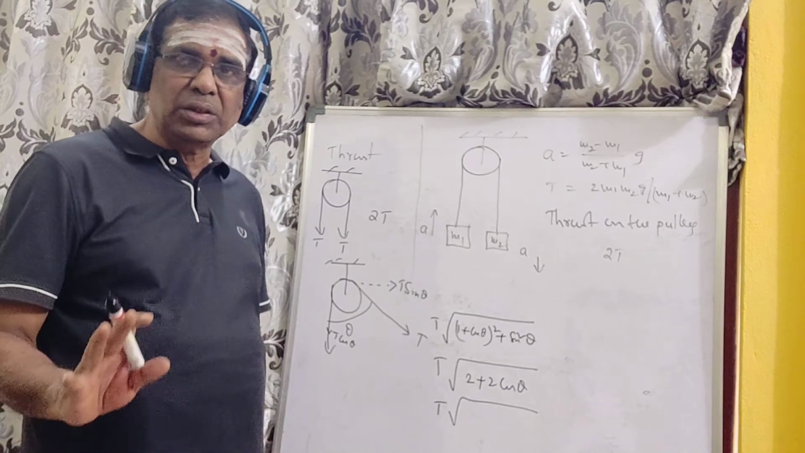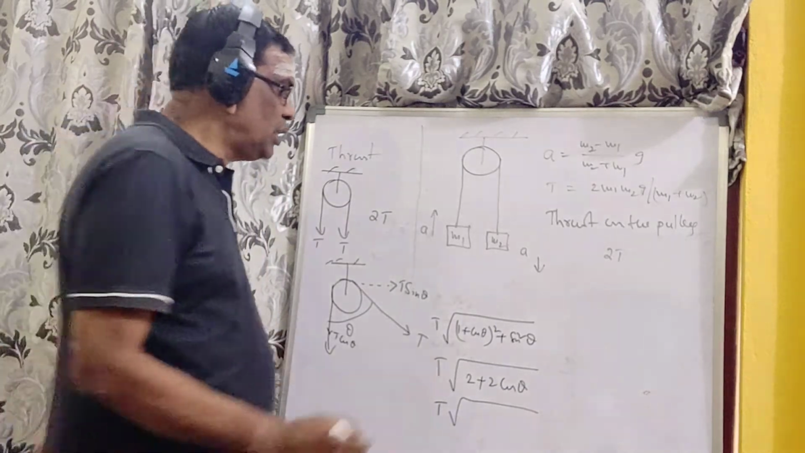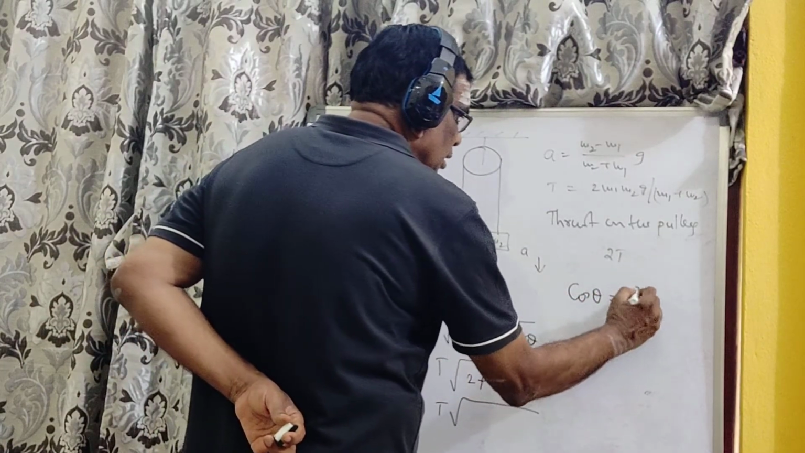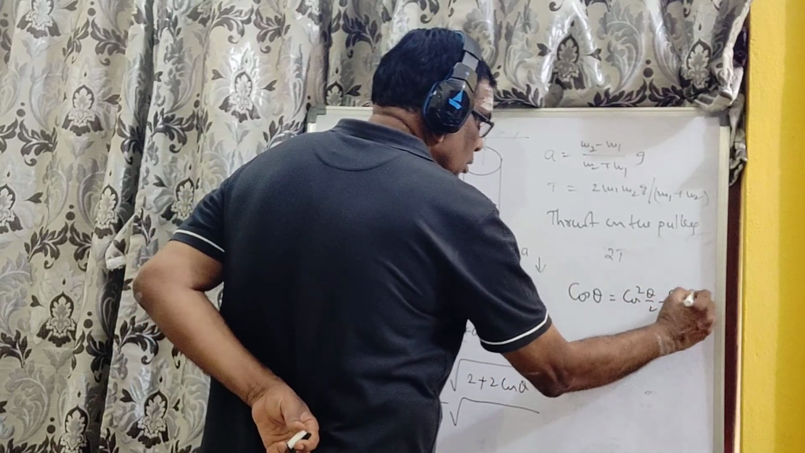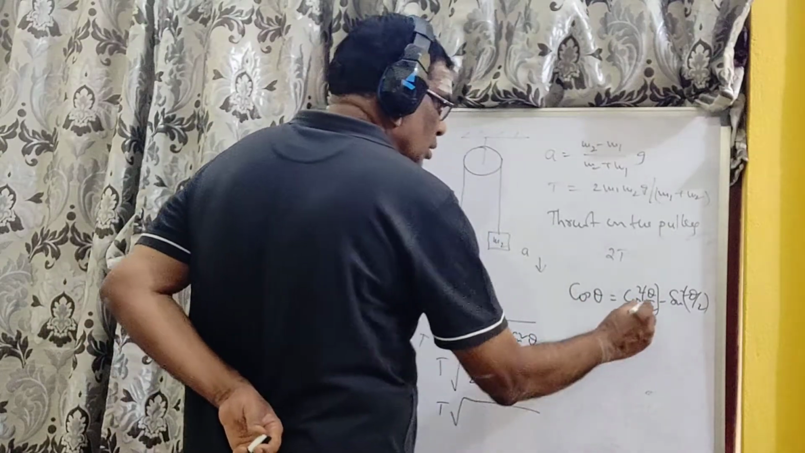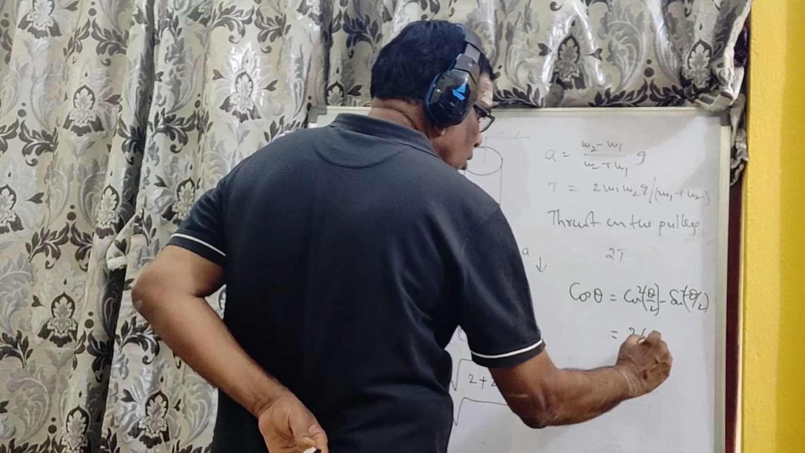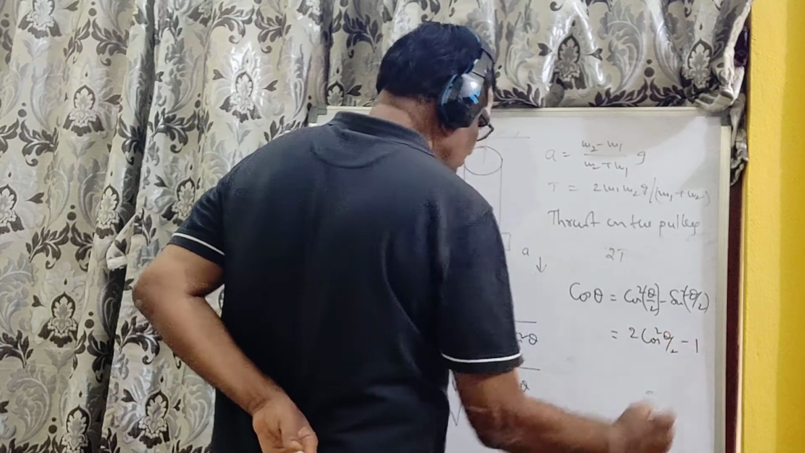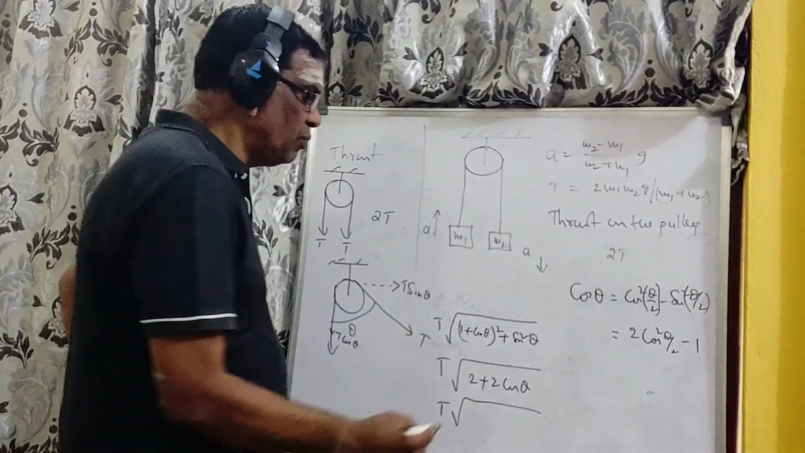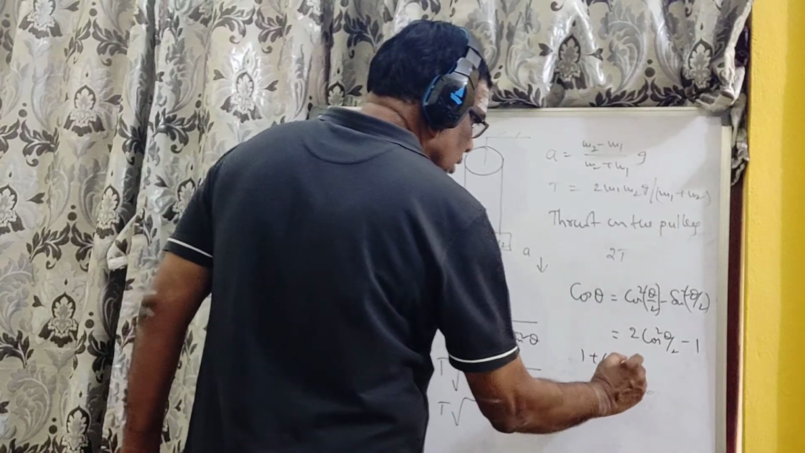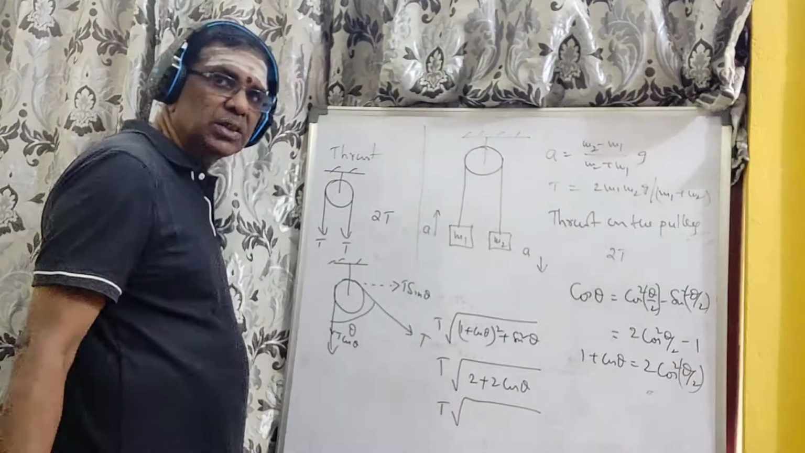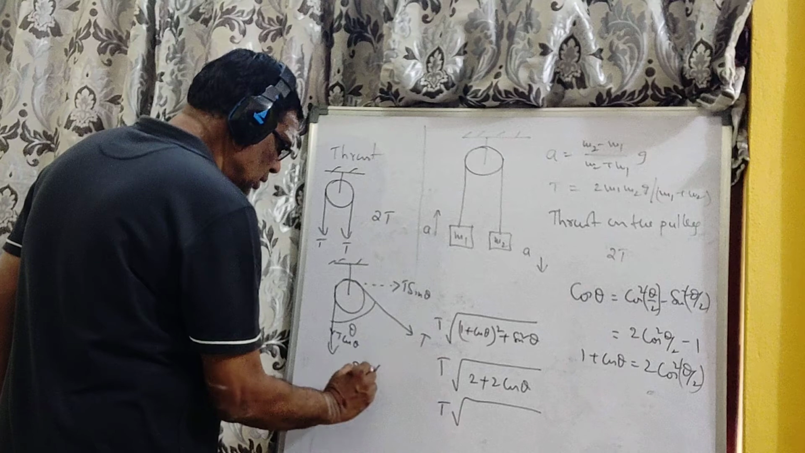I hope you are able to get this point. What is cos theta? You can write cos square theta by 2 minus sin square theta by 2, or this is 2 cos square theta by 2 minus 1. Okay? So, if I take 1 plus cos theta, you can write it as 2 cos square theta by 2. Therefore, this is,